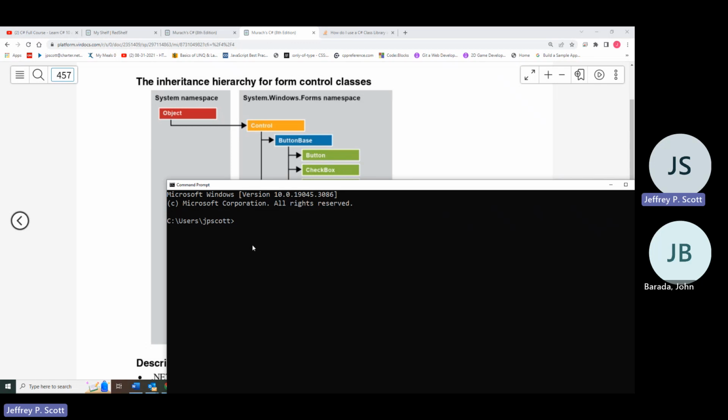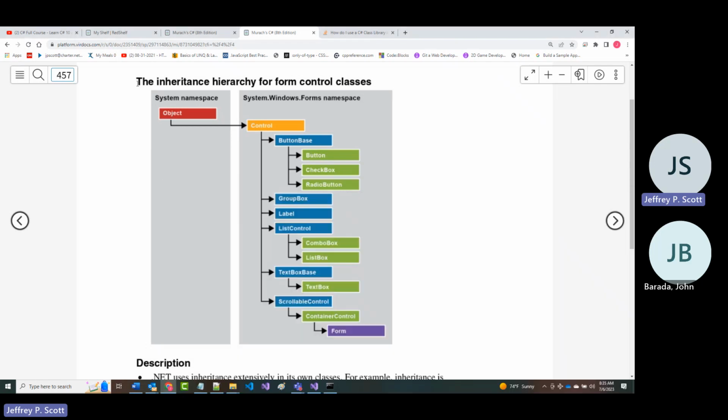Why am I telling you that? Because at the top level, if you did CD backslash and hit enter, that's what was known as the root. That's as high up as you can get on this machine. I can have any folders, directories, files underneath that, but I've now gotten up as high as I can go. That's the root level. The reason I'm showing you that is Object is also as high as you can go. So when you work up a hierarchy and get to the Object level, you're at the top.